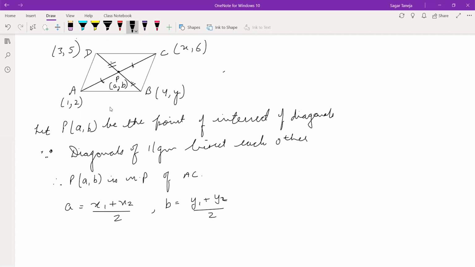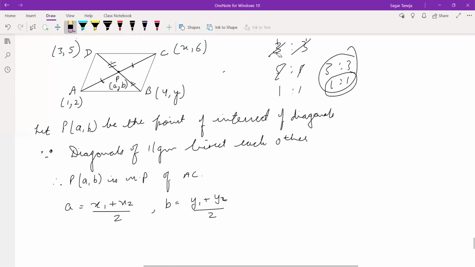Sania is asking, sir, why are we taking 1:1? Why are we not taking 4:4, 3:3, 5:5 like this? If the sides are equal, then we can take any ratio. Beta Sania, if you are taking 5:5, 3:3, you can cancel them all. They will be 1:1 only. There is no difference between 3:3 and 1:1. All will give you the same answer. So the easiest way is 1:1. That's why we are taking this. Yes, they'll cancel. They are in division form, no? Ratio it is.